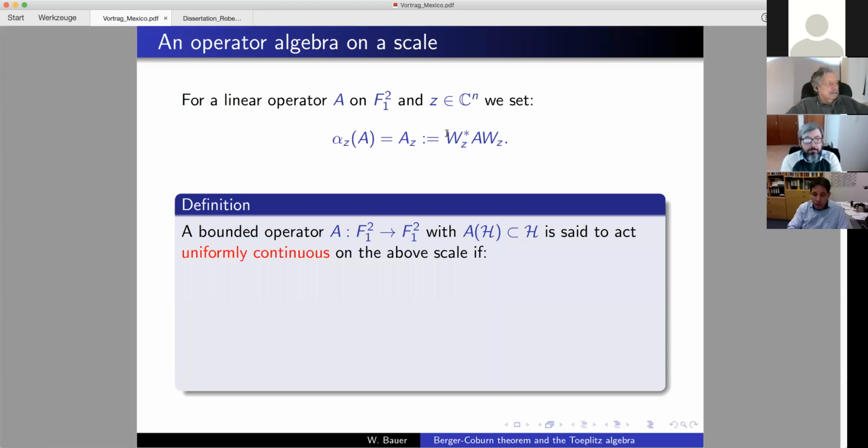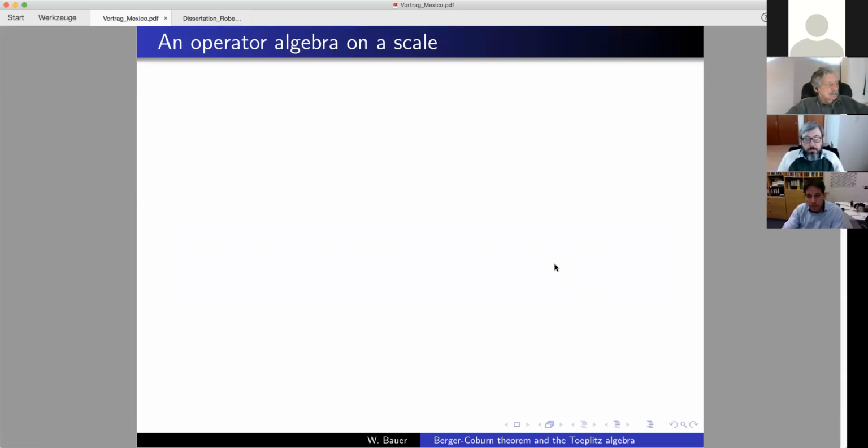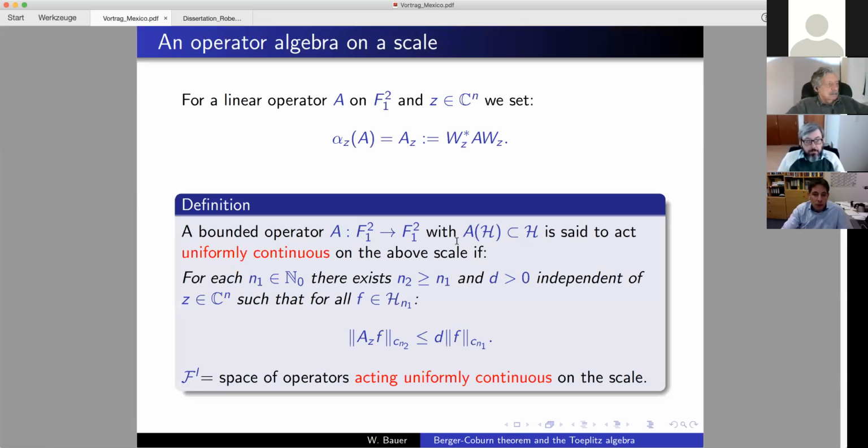Okay, so now I have this sequence of spaces, and these are somehow similar to a sequence of Sobolev spaces. I want to look at operators acting on these spaces in a nice way, such as pseudo-differential operators act on the scale of Sobolev spaces. So I say a bounded operator on the Fock space, which leaves this union H of all these spaces H_n invariant, acts uniformly continuously on this scale